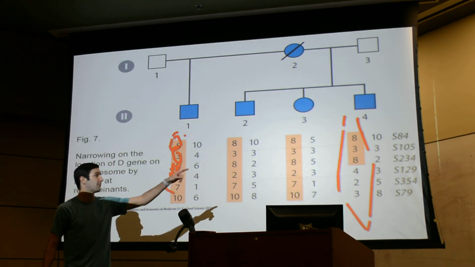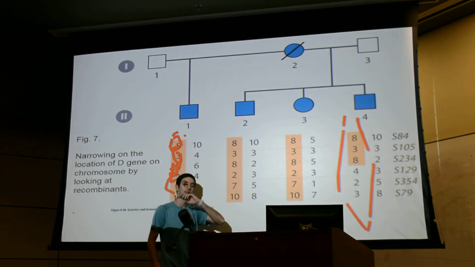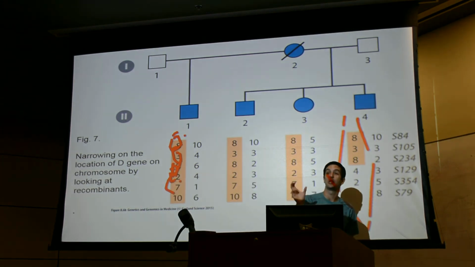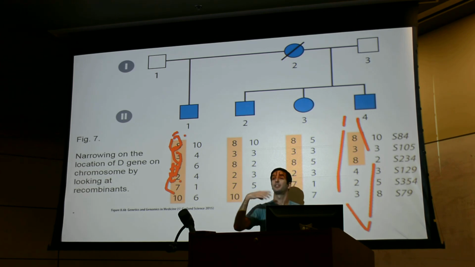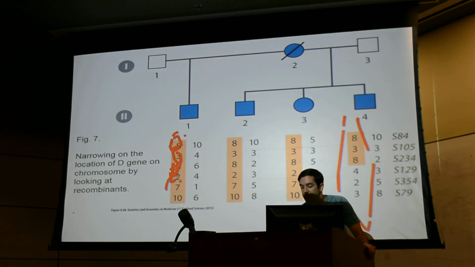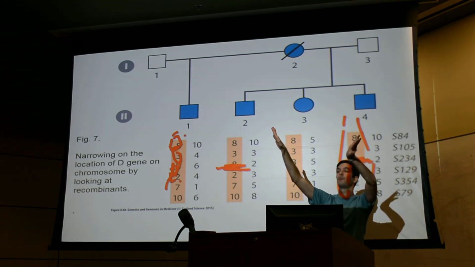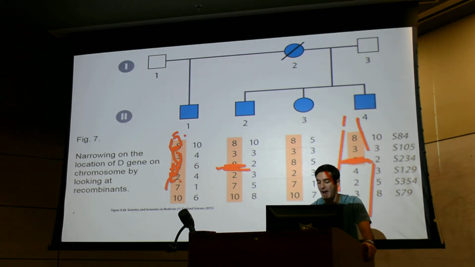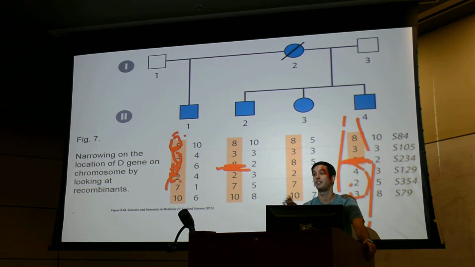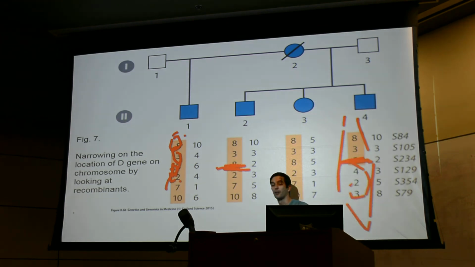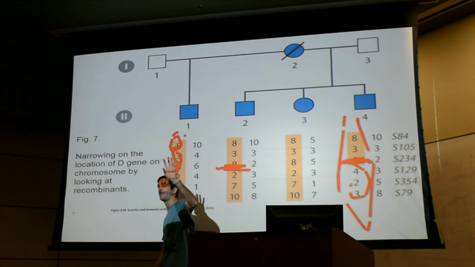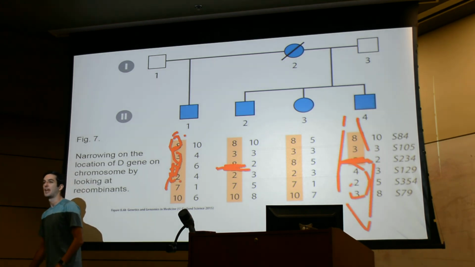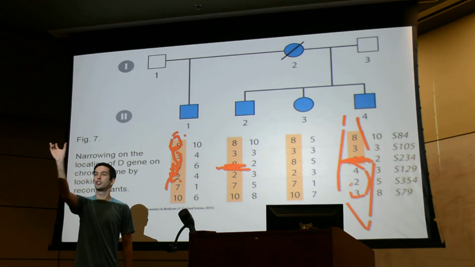However, what happened in this last patient over here? There was a recombination within this haplotype block, which once again can happen, but it's not as common. That recombination basically occurred right here, where they still had the 8, 3, and 8, but then right here, this one chromosome combined with the other one when they made the gametes, and then they had this other thing in here that actually isn't part of the block. However, does this patient number 4 still have the disease? Yeah. So now that tells me, I know for sure it's a gene